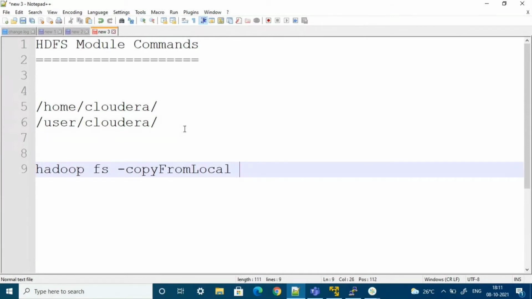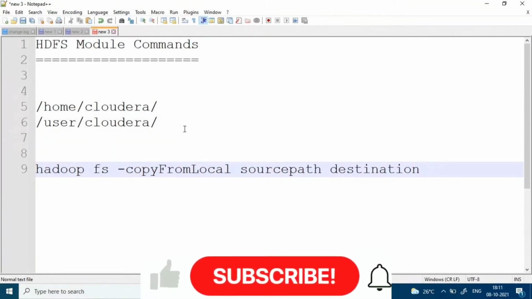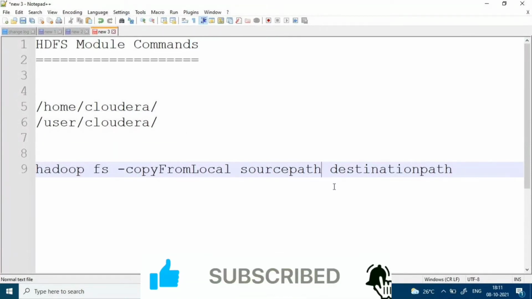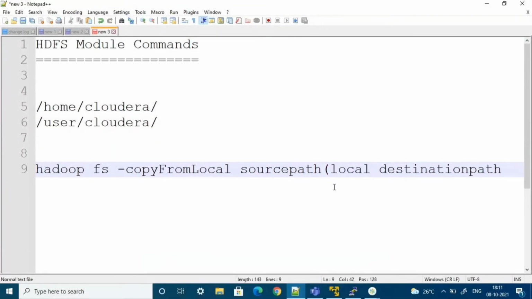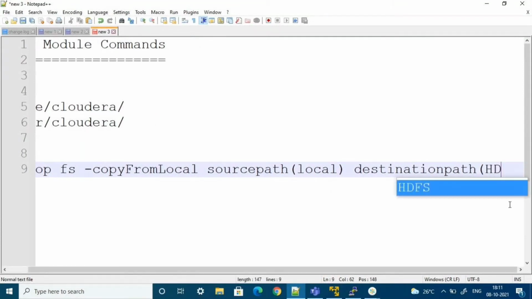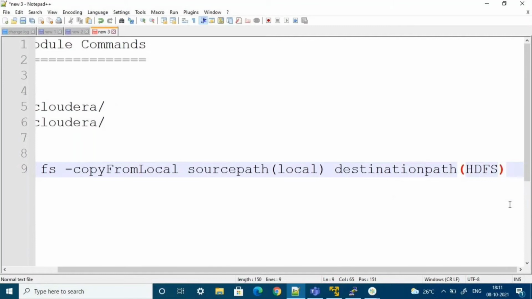Then your local file system path, the source path, and then your destination path. The source path is always your local file system path, and the destination path is your HDFS path.